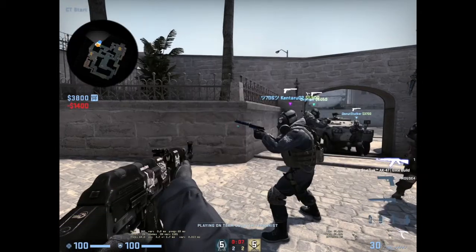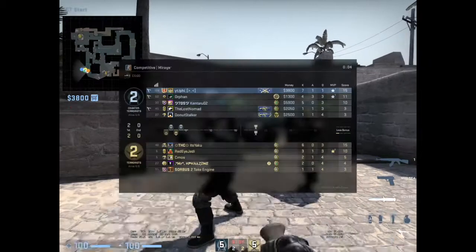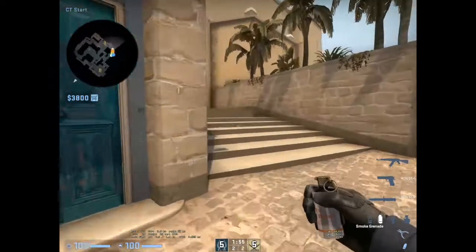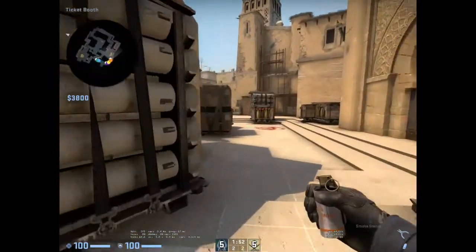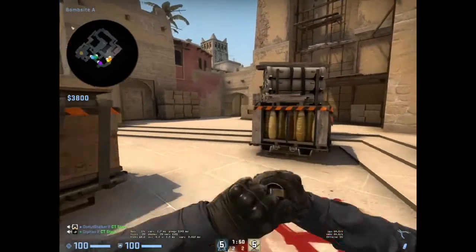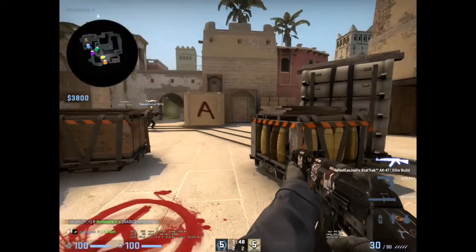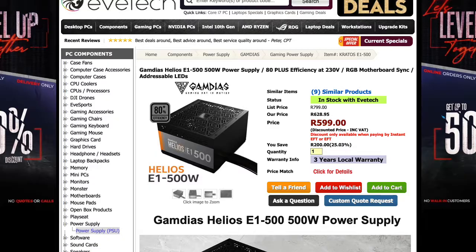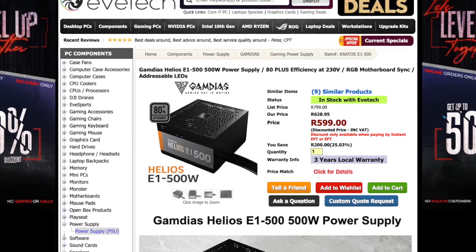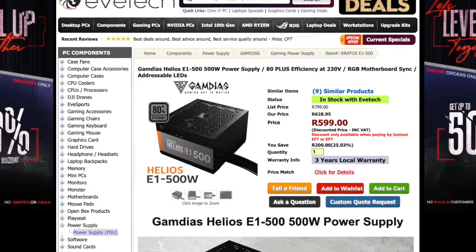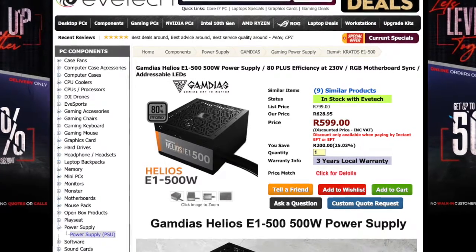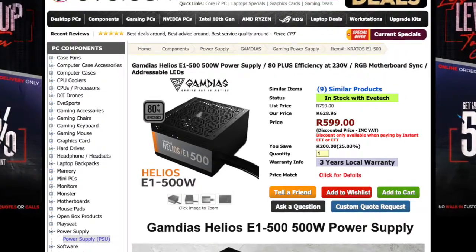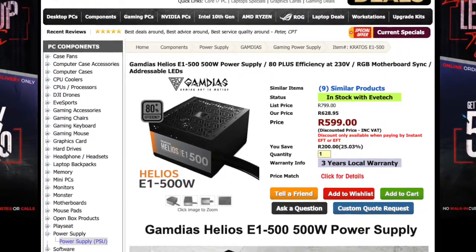So up next, you may choose our power supply. A golden rule in PC building is to never cheap out on a power supply. It will ruin your life, or may ruin your life in the future. With that said, I chose in this build guide the Gamdias Helios E1 500 watt power supply. It is an 80 Plus White certified power supply, which is cool. It costs around